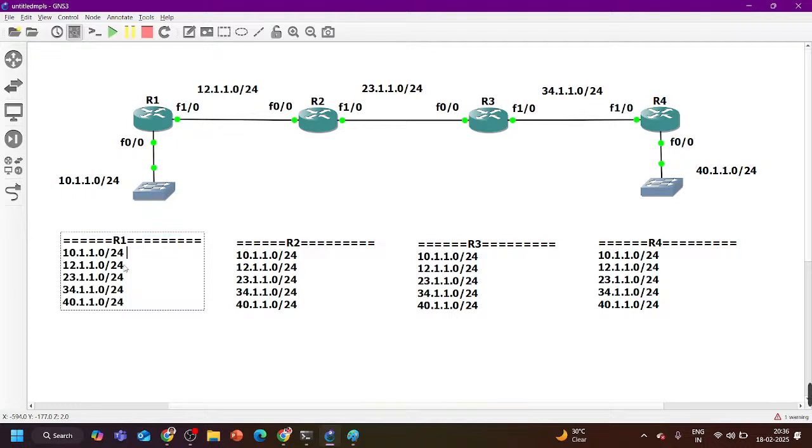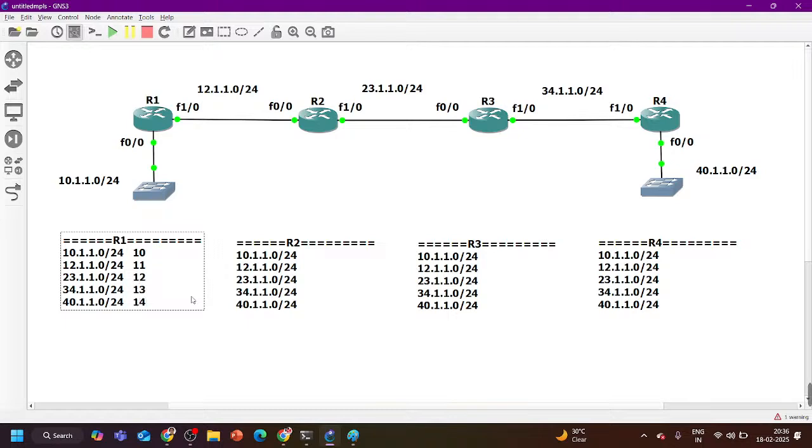For example, for the prefix 10.1.1.0/24, router 1 has added one label, let's say 10. For the next one, it has added label 11. We can even define the label range on the router, saying you should use labels from this range. But right now I'm talking about the default, where I have not configured anything, I have just enabled MPLS. Then it can assign any label from the range. So the label for this subnet is 12, for the next subnet, let's say, 13, and for this subnet